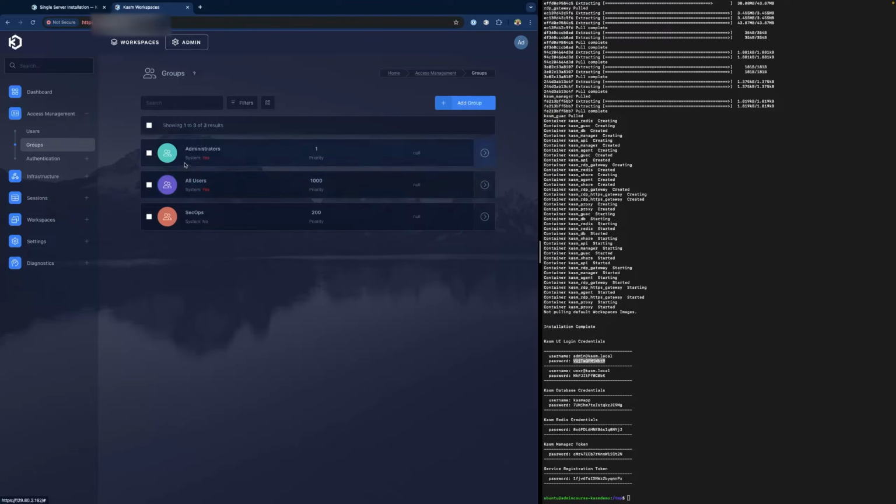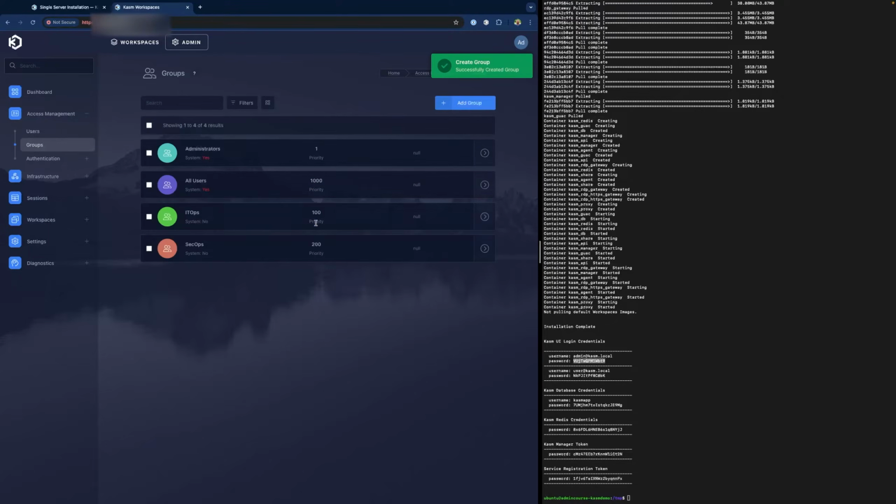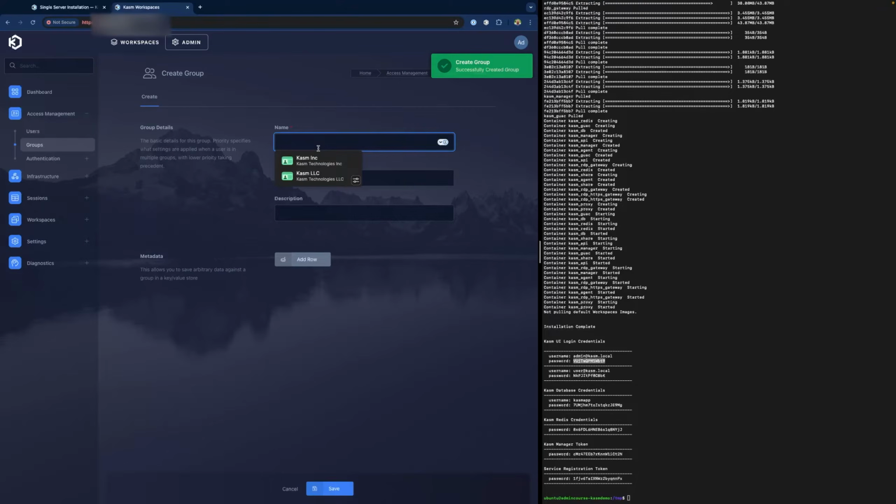Let's go ahead now and create the other groups that we need. We had SecOps. We're going to create IT Ops now. For our IT operators, we want them to have a higher priority, so we'll give them 100. Next, we'll do DevOps, and we will give them a priority of 300.